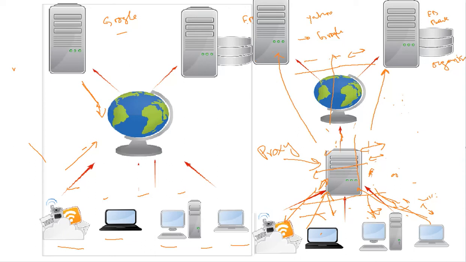So this proxy server is going to hash the contents of that web page inside its memory, and it's not going to go back every time to the actual server to bring this information, but it will just use its cache and send this information to the client from the proxy